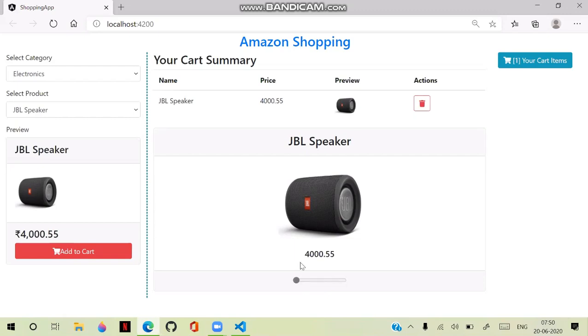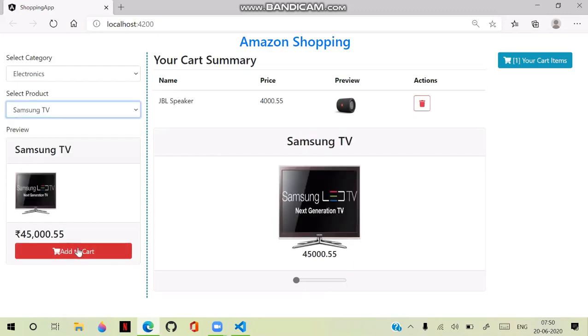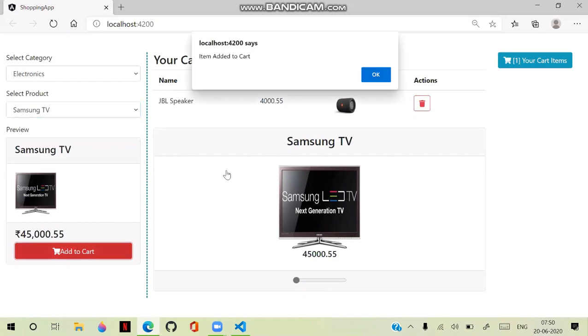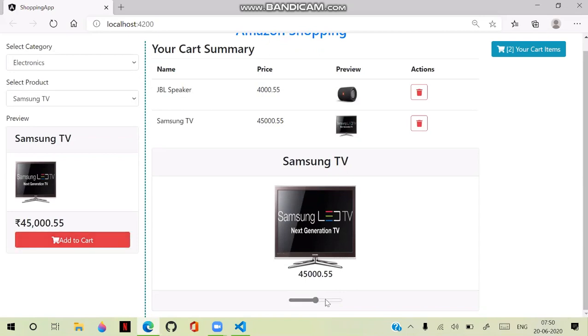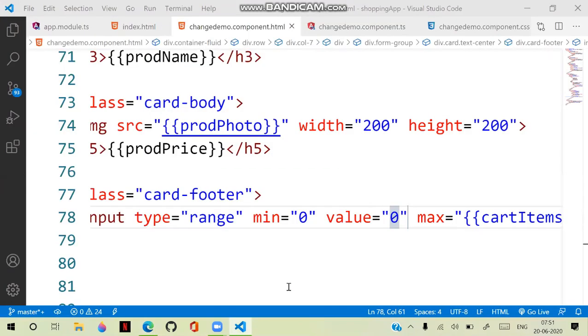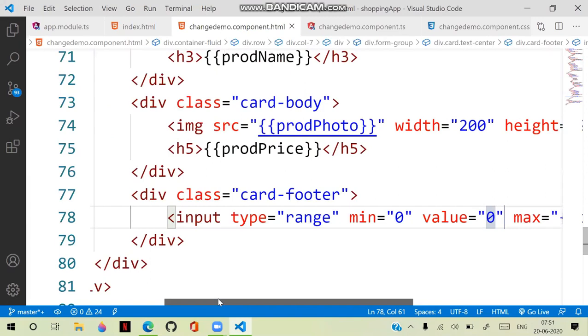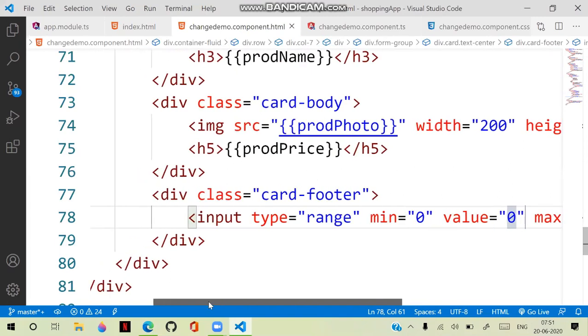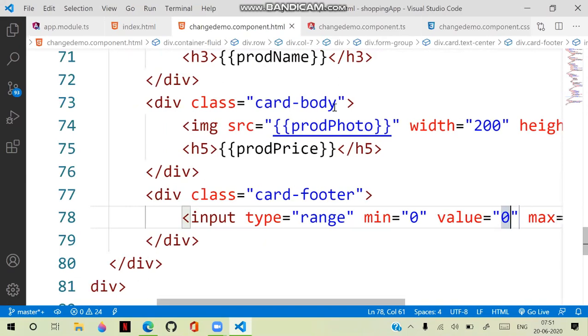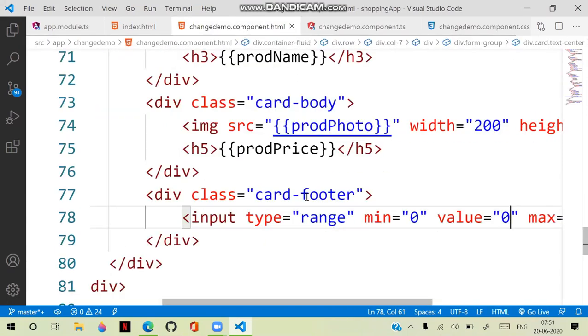Now important is I added one more here and add to cart. So that is also added into the cart items, and here 2 cart items will be there. When I'm moving that, it should get it and display. Actually, we are displaying the data directly, but we need to get the data from the cart items and show it here. So we need to get the data from the cart items and display here. So that means what we need to